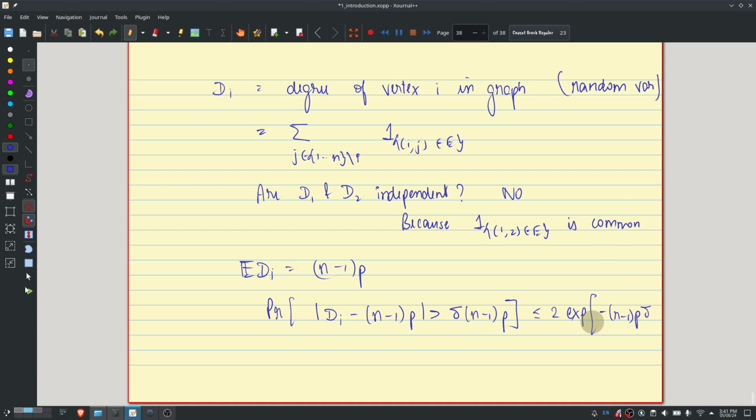You use Chebyshev's inequality if you're not able to use the Chernoff bound, which is true in many cases, because you need to know a lot about the random variable to be able to apply Chernoff's bound. As I said, if you want to use the Chernoff bound, it means that you know the entire moment generating function, or some properties of it. If you don't know, then you can't use it. For Chebyshev's inequality, you just need to know the variance.